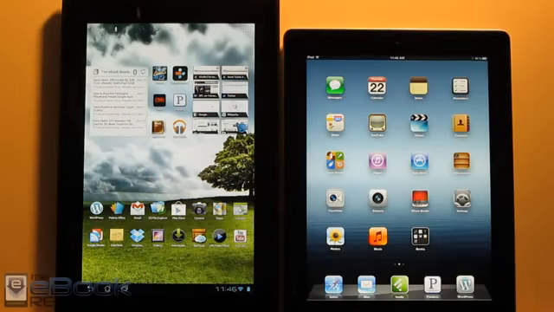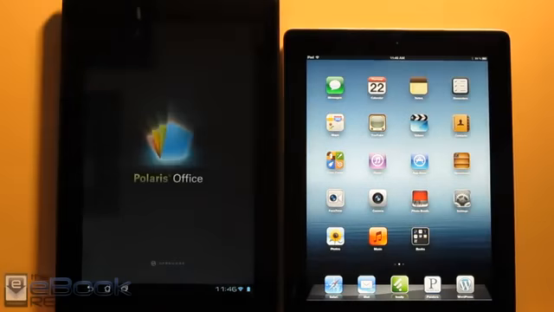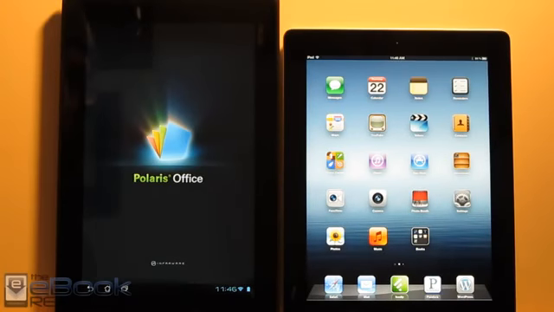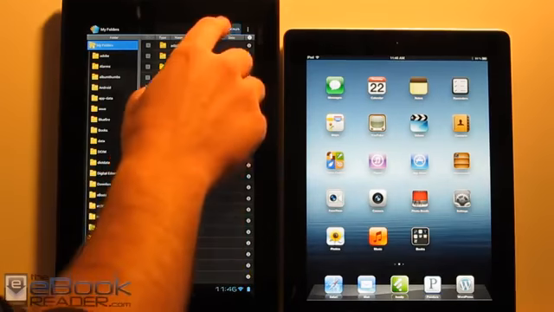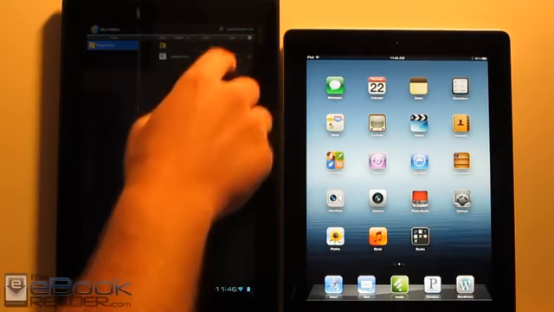Okay, back to my point about the apps being somewhat cheaper on Androids. Like the Transformer, for instance, it comes with this Polaris Office app. It's like a full-fledged Office app. You can edit Office documents, create documents. We can go ahead